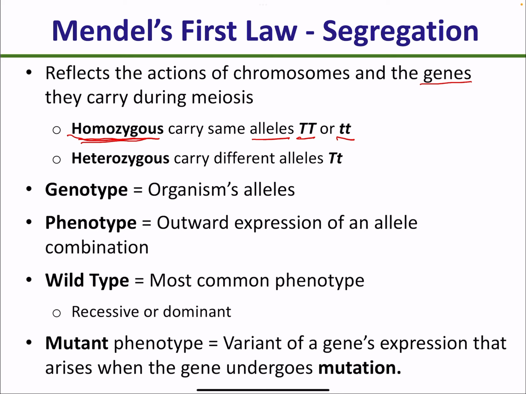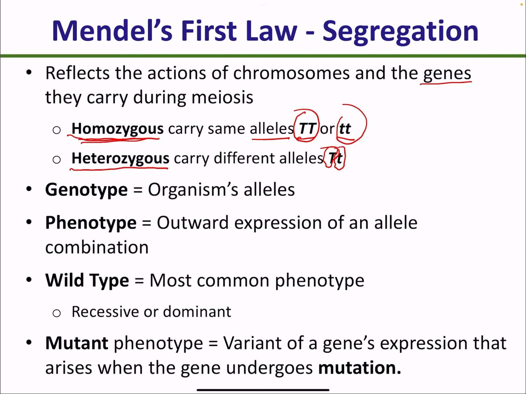In this case, tall, which is dominant, is capital T, while short, which is recessive, is lowercase t. Now, individuals that are hybrid are what we call heterozygous. In a heterozygous individual, in the case of the tall feature, we're going to have capital T for tall, lowercase t